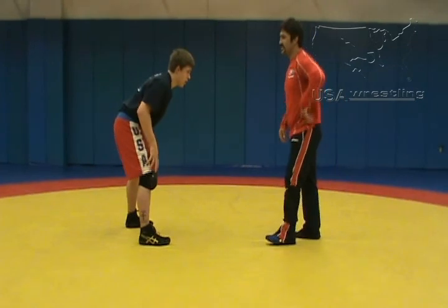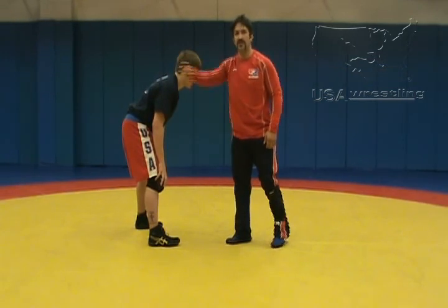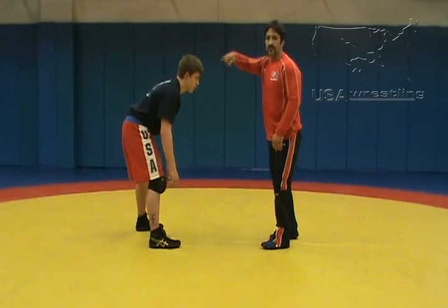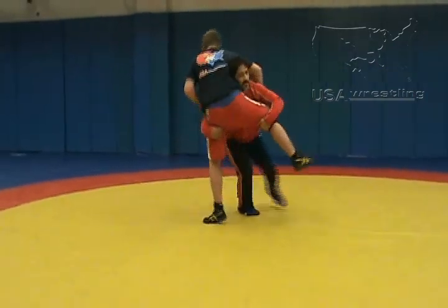A couple of situations that occur frequently is if I drive in the wrong direction. If I drive straight through my opponent, a lot of times what happens is as he's sprawling, we end up wrestling in a circle. If I step up and drive straight this way as opposed to my 45, we end up doing